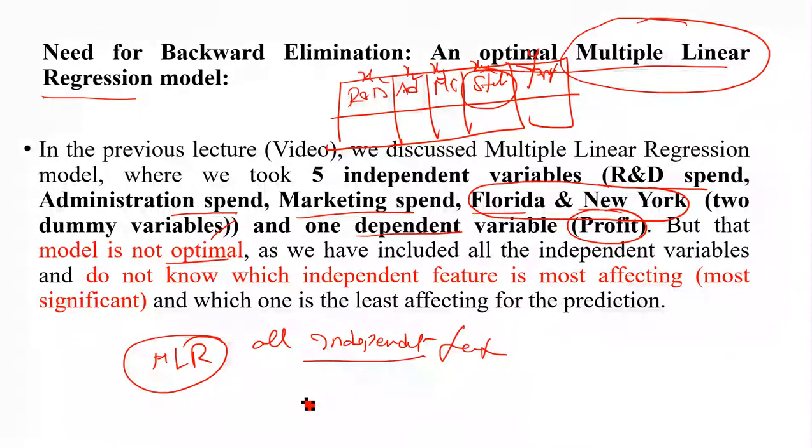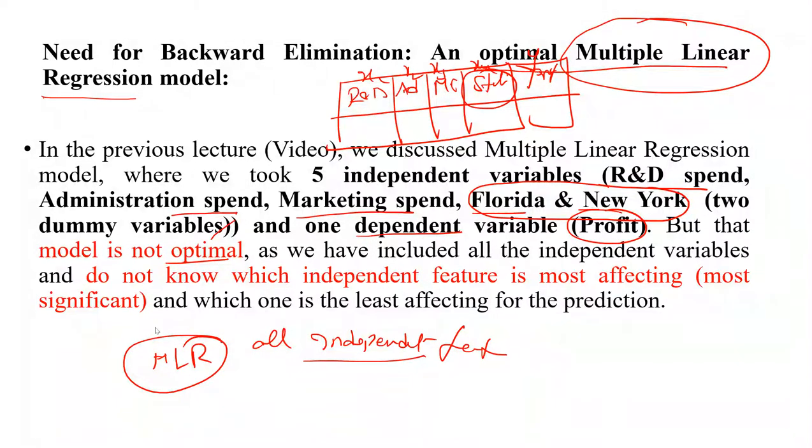So here our concept is, by using the backward elimination method, we have to identify the most significant features. In my previous video, I didn't apply any kind of feature selection technique among the independent features. I took all independent variables, built the model and gave some value. But here, among all the independent features, by using the backward elimination method, I choose the best features. So how can you choose the best feature?